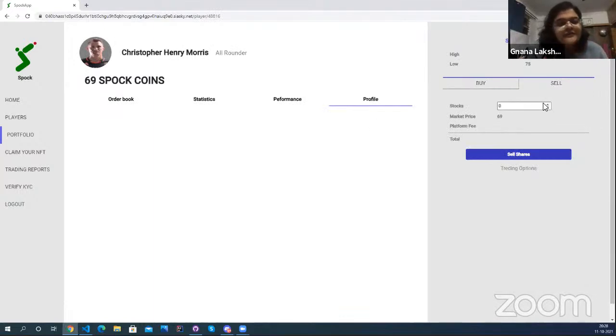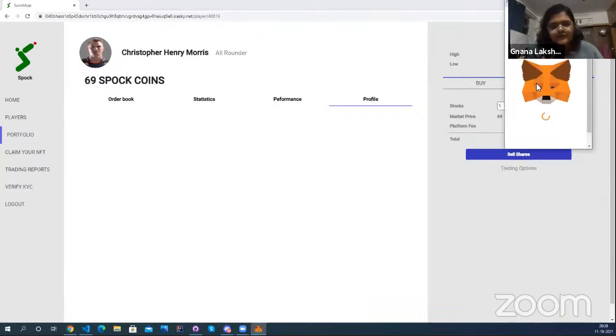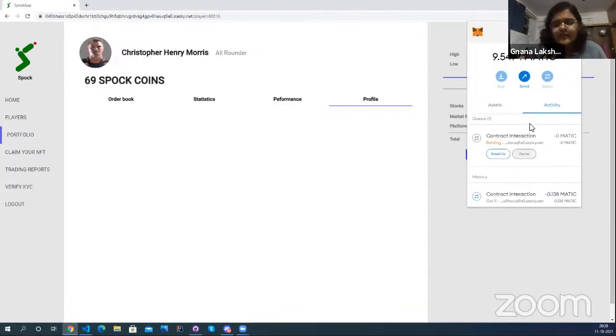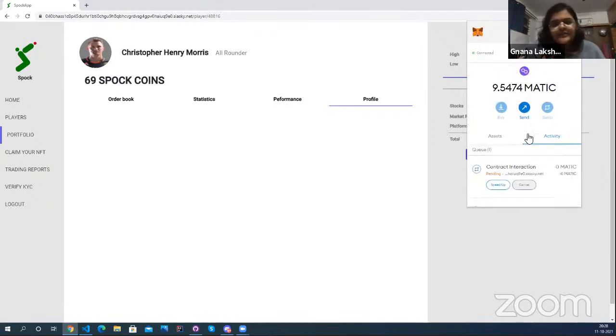And the sell call is also fairly simple. I guess we can just sell one of the stocks. We have 2 stocks. We have all the conditions inbuilt in the contract, whether you are selling the appropriate number, do you own that many, etc. All of the checks are done at the contract level.